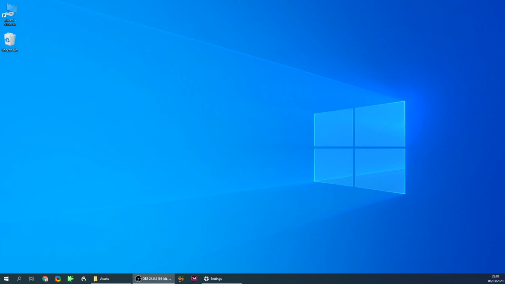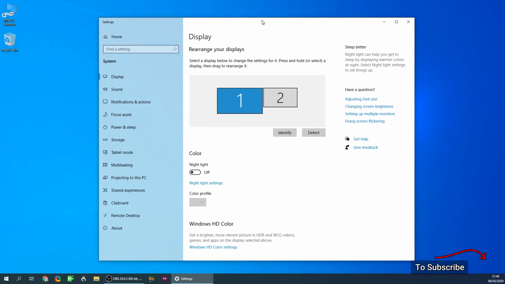Hi everyone, in this video we're going to talk about the problem of the black screen in ShareX, where you're trying to capture the second monitor and you get basically a black screen on the second monitor and you can't capture anything. So we're going to go through how to fix that. And first of all, it's not a ShareX issue. So this problem happens when you have two monitors, and one of the monitors, the second monitor, basically becomes black